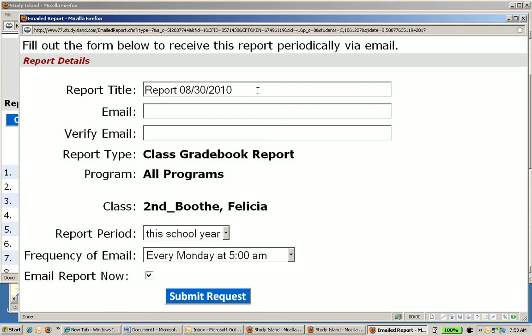Once you do that, then you click automatically email report, and that's going to bring up this report details. This is what's going to come to you in an email. So the title of this one is going to be, I'm just going to call it SSI Second. I know that means Study Island Stars. You can name this whatever is going to help you remember what this report is. Then you're going to type in your email address,